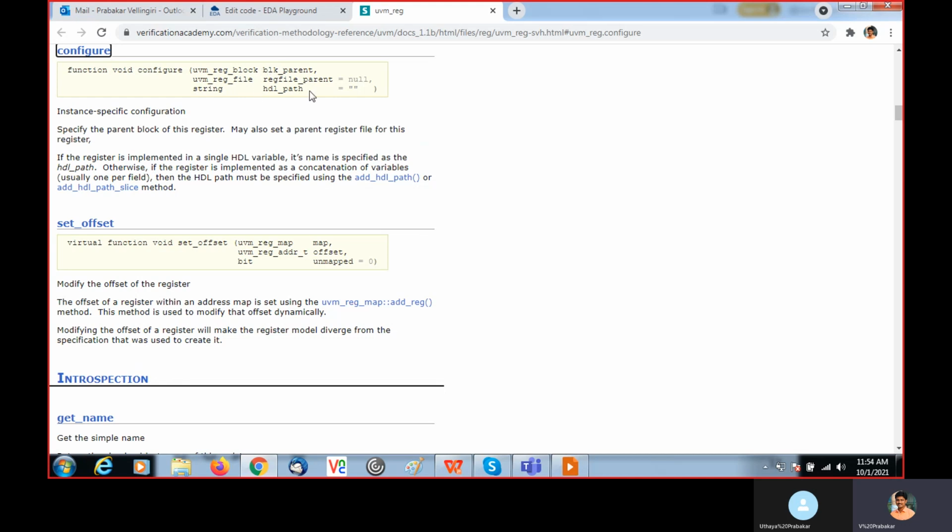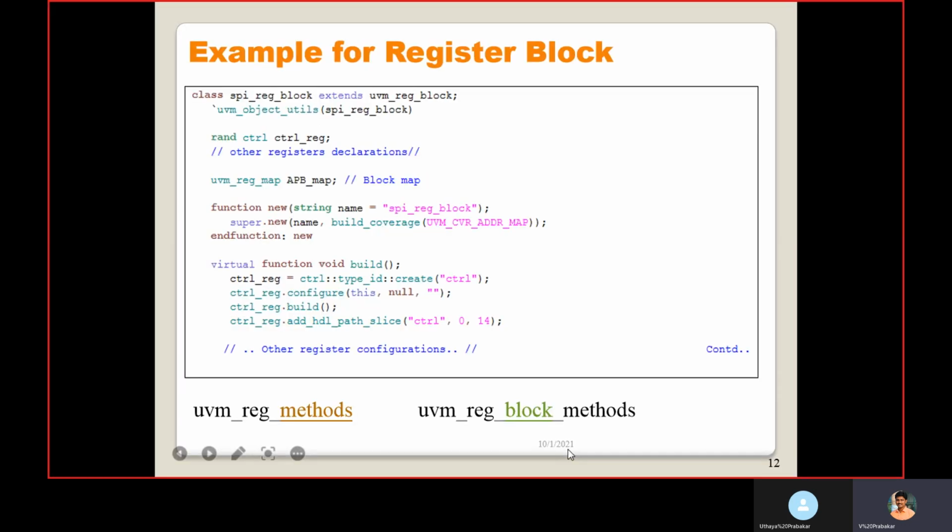Then the string HDL path, which we should represent as a string, so you use double quotes here to pass the string. If you want to send the path as a string, you can mention it here.